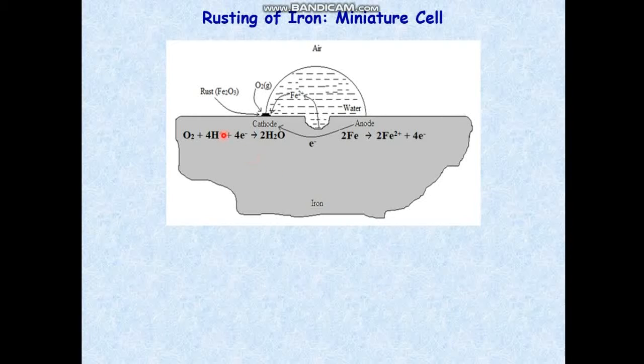Okay. So now the question arises, where does this proton come from? These protons are coming from self-ionization of water, or when carbon dioxide dissolves in water, it produces carbonic acid, that means H2CO3. When this carbonic acid ionizes, it produces protons. So these two are the sources of protons which are available for this reaction.